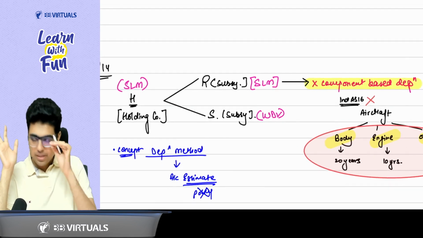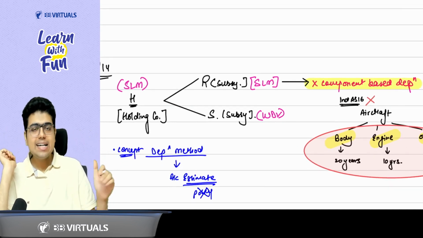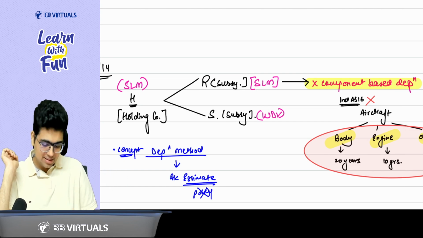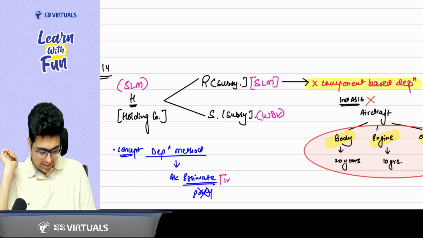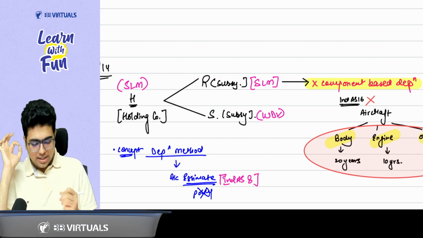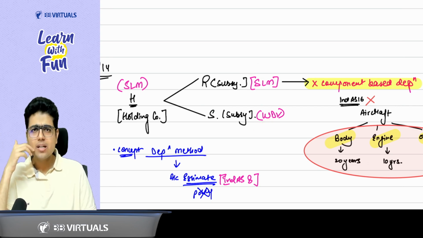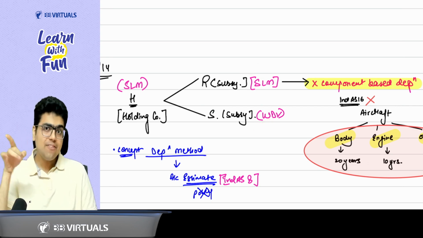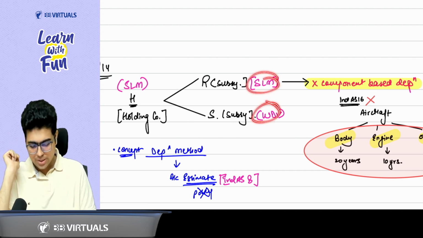So first of all, tell me, whenever there is a concept of depreciation method, is it an accounting policy or an estimate? Sir, it is an accounting estimate. Which Ind AS gives this guidance? Ind AS 8. Okay, sir. Now, sir, can the subsidiaries have a different accounting policy from the parent? No. But can they have a different accounting estimate from the parent? Yes. So this different accounting estimate will work.